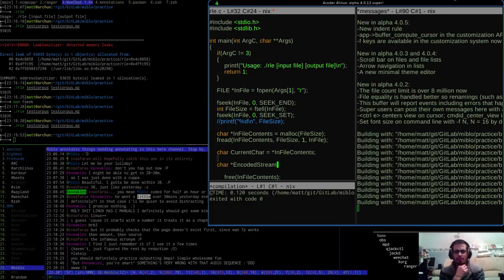Encoded stream. And the encoded stream is going to be mallocked. And let's say, for the sake of argument, that it's going to be the same size as the file size for now.